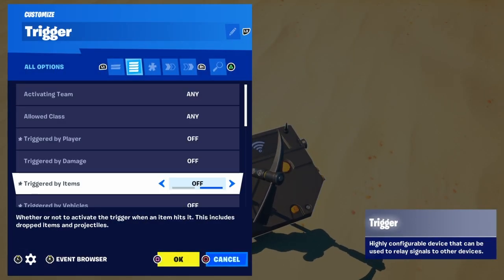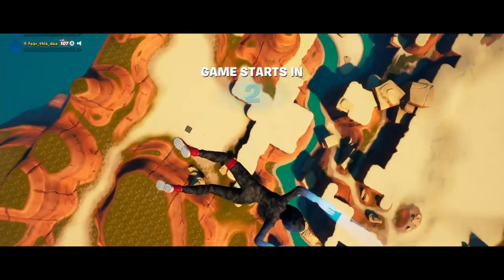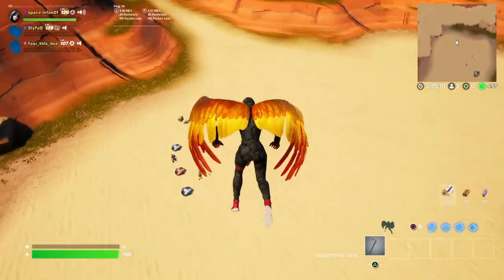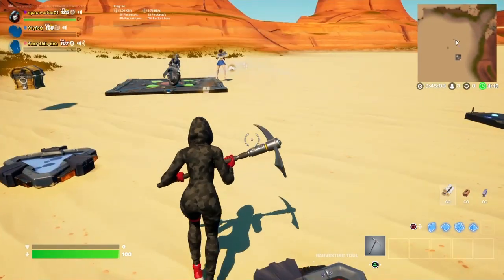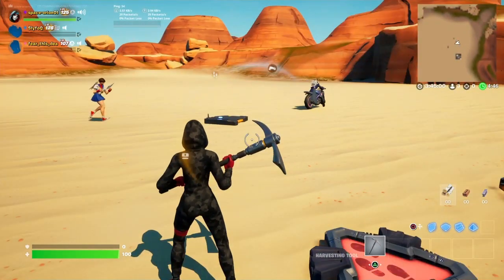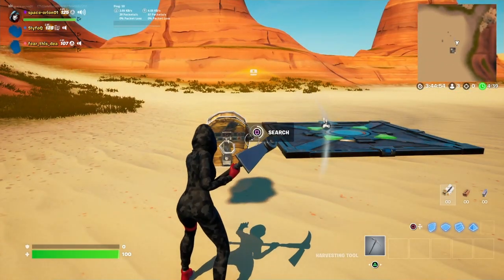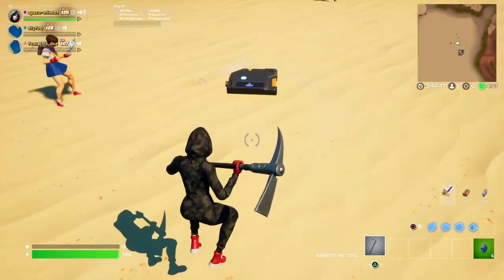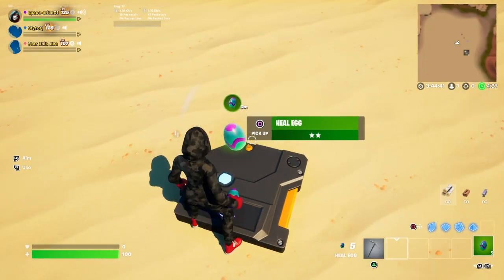Alright, so next thing is triggered by vehicle, and that's self-explanatory, by vehicle. So when it said triggered by vehicle, anyone have any idea what it means? Maybe run over it. Yep. So it only works if somebody hits it with a vehicle. It's not gonna work if you...